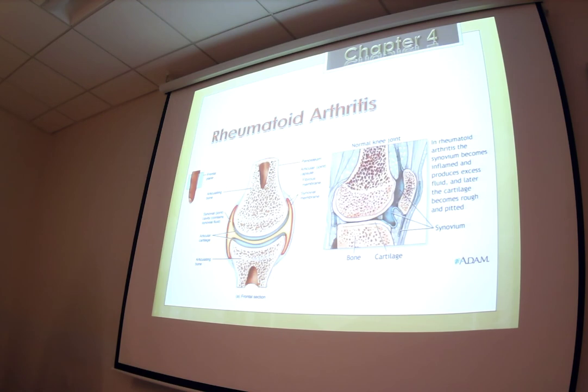In rheumatoid arthritis, that synovial membrane becomes inflamed and then produces excess fluid. That excess fluid can actually eat away at the normal cartilage, causing pitting, and then eventually it completely wears away, and then you have bone on bone, and then with the ankylosing